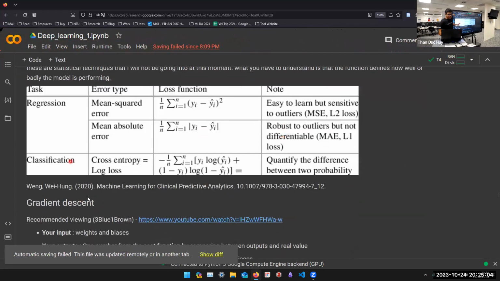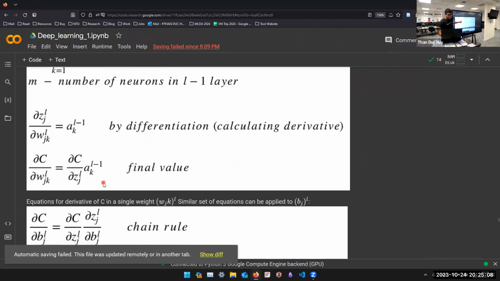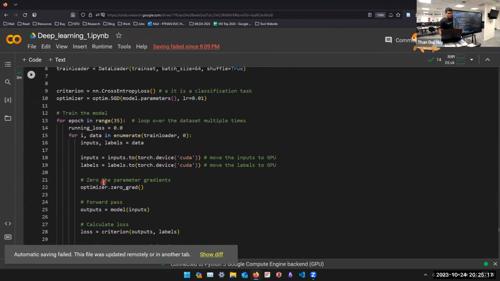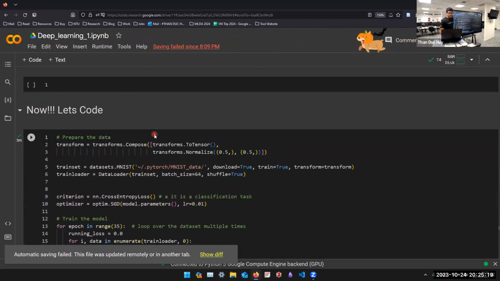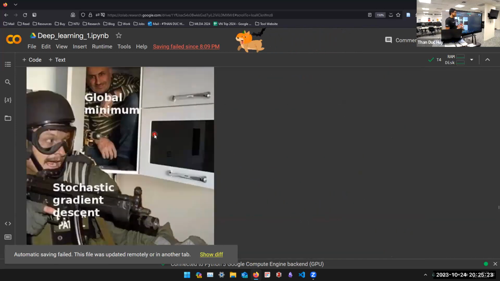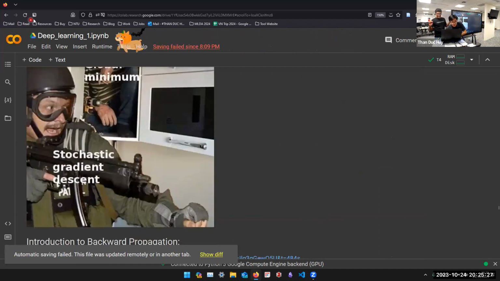We are using the cross entropy loss function, because these are distinct values, 0 to 9. You have to figure out which digit from 0 to 9 it is. Next, we are using the optimizer. It's stochastic gradient descent, which is gradient descent, but you use